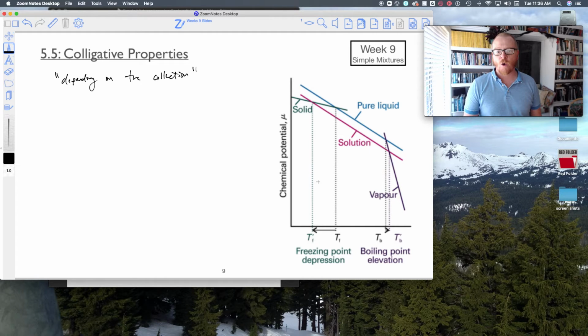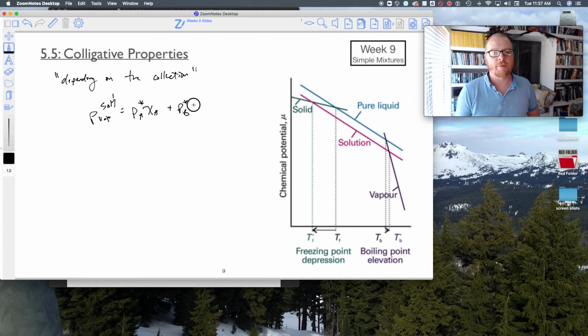Check this out. So we remember chemical potential versus temperature. Where these cross, we get the phase transitions. Okay? Well, as it turns out, when you make a solution, and specifically when we make a solution in which one of the components is non-volatile, so P-vap solution equals PA times Chi-A, so we're dealing with an ideal solution here just to make life a little bit easier, plus PB times Chi-B. So suppose that B is